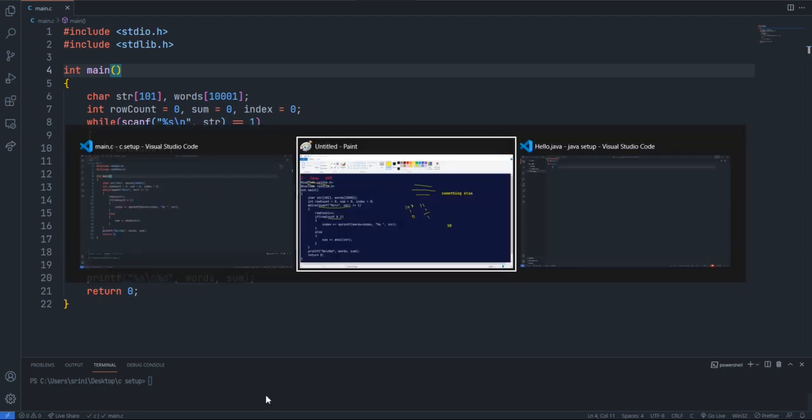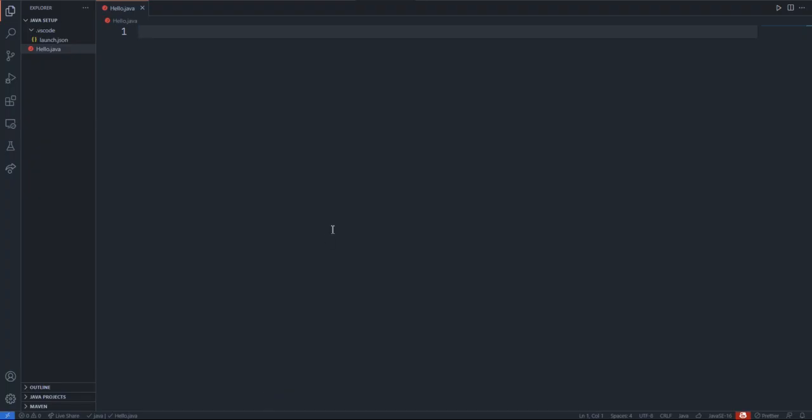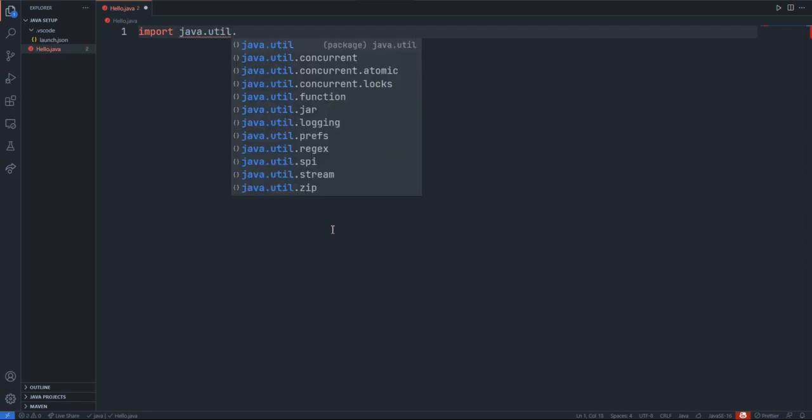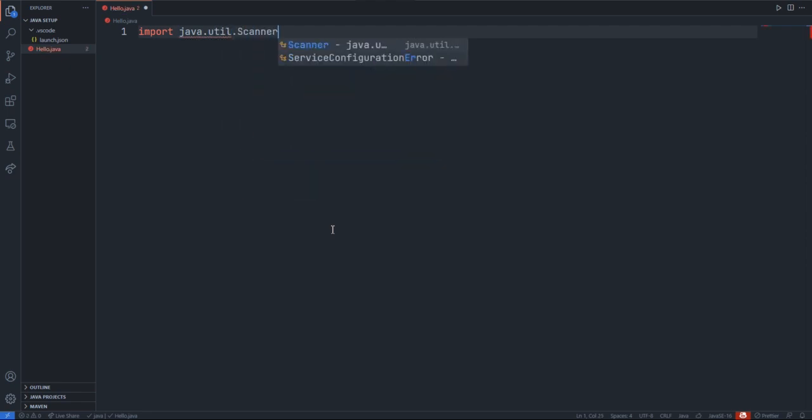So let's solve this in a Java program. We have to import java.util.Scanner, and then we have to use a class Hello.